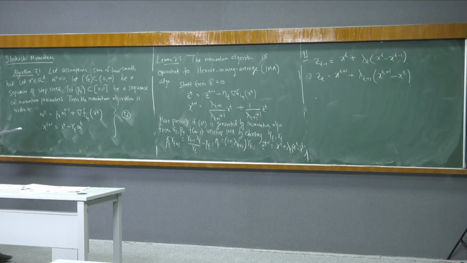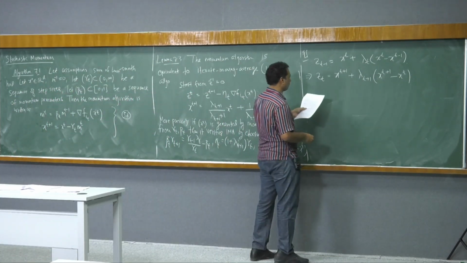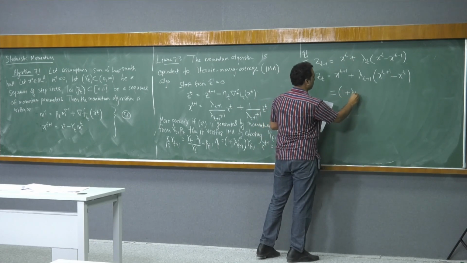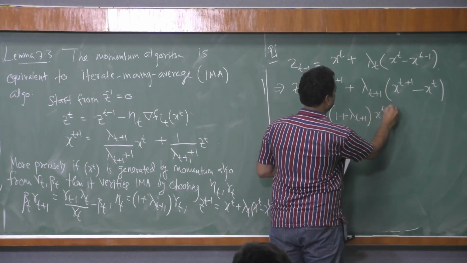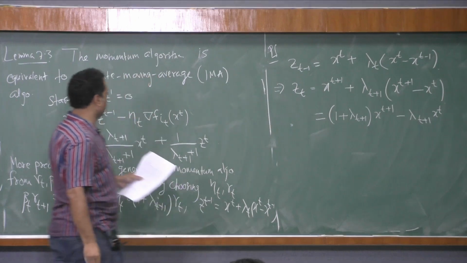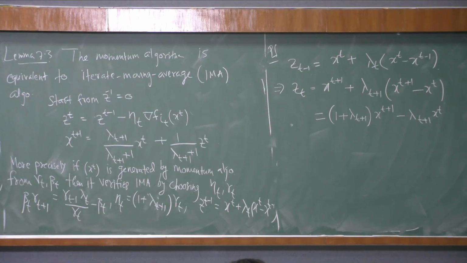So that's the way we could simplify this, taking the things common here. So 1 plus lambda t plus 1 times xt plus 1 and minus lambda t plus 1 times xt. And if we divide throughout by 1 plus lambda t plus 1, we get the second equation here. And we are supposed to arrive here. And what we are given are these things. Okay, we want to start with the momentum based method. So next we will invoke this